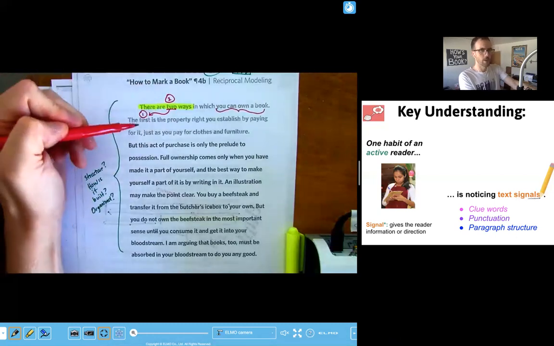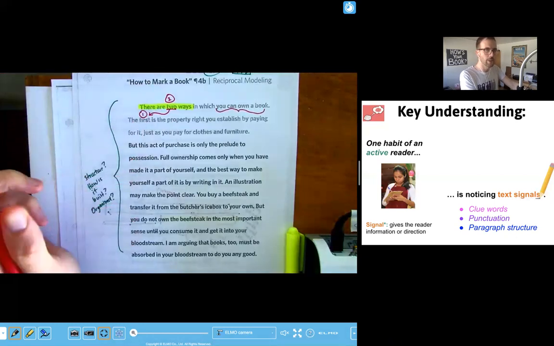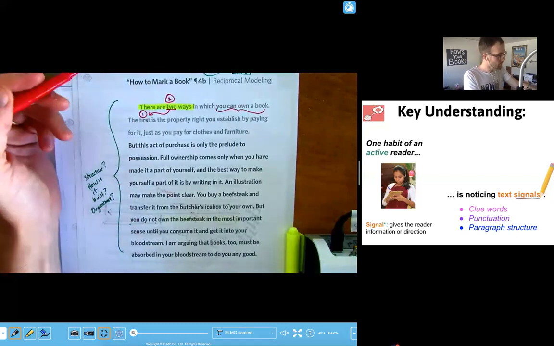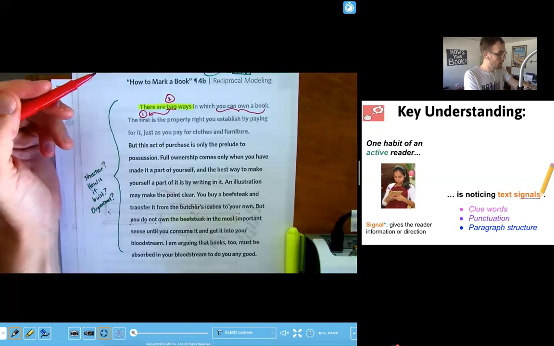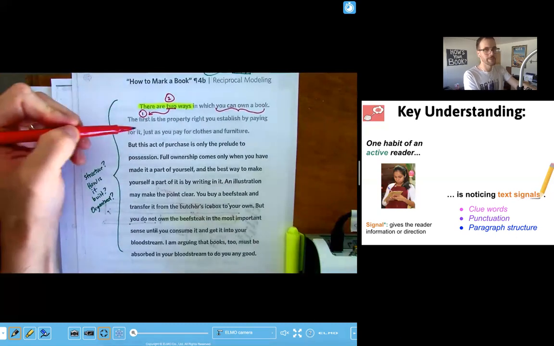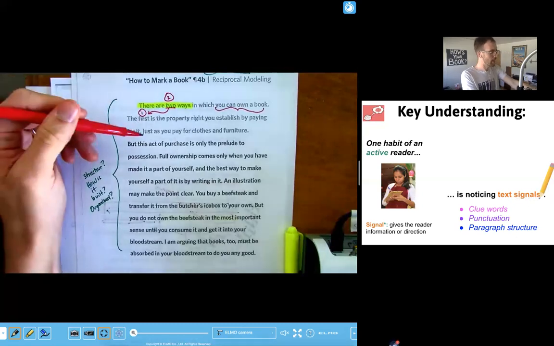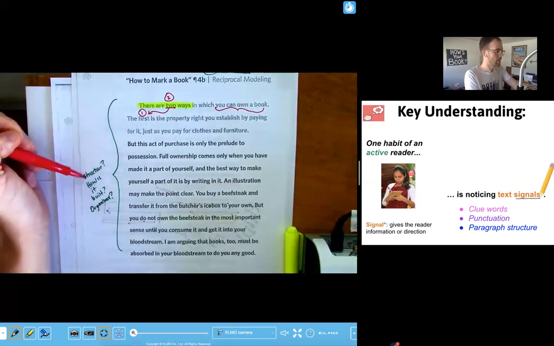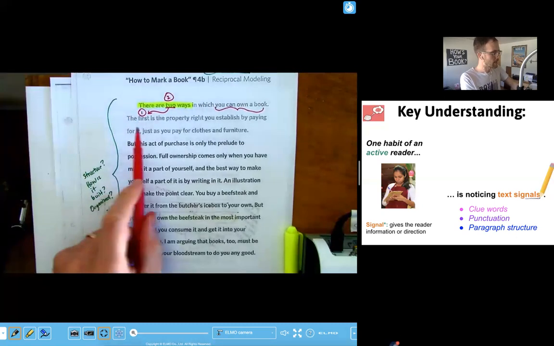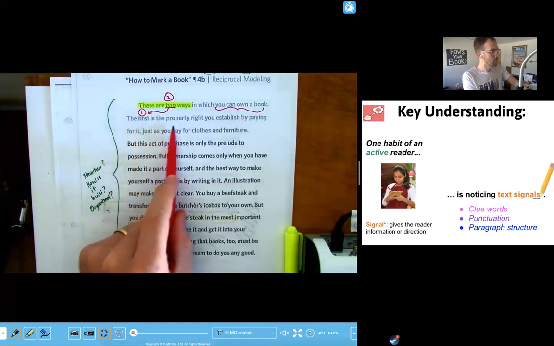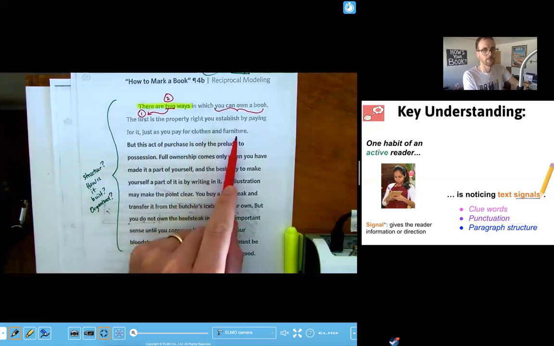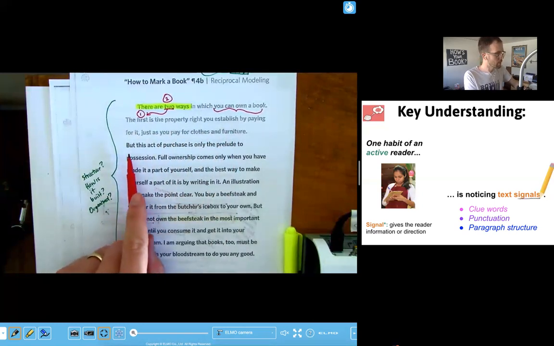Now let me scan. Can you find the other transition word that gives a hint at the other way you can own a book? Now, I bet a lot of you were looking for the word second, but you actually wouldn't find the word second in here. So you have to look a little bit more closely for the structure inside of this paragraph. The author writes, the first is the property right you establish by paying for it, just as you pay for clothes or furniture. And then notice here, the paragraph shifts and it says the word but